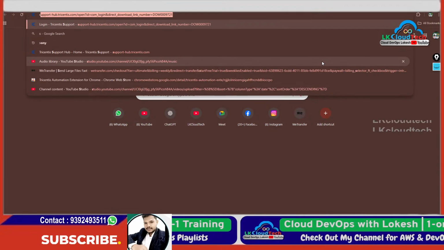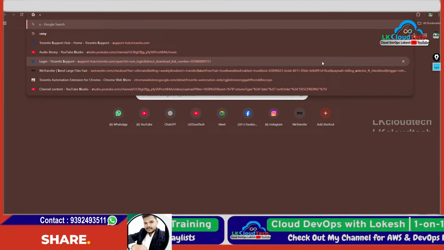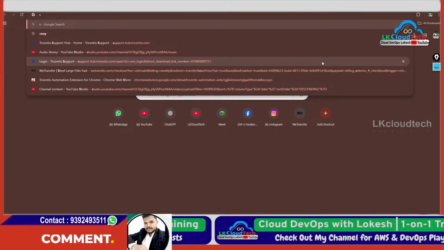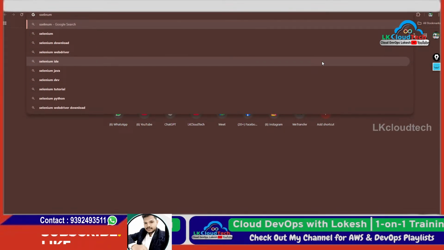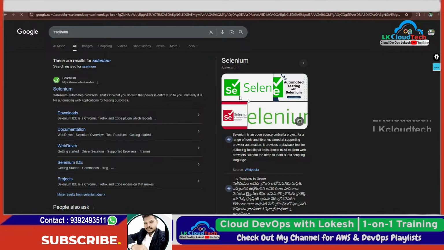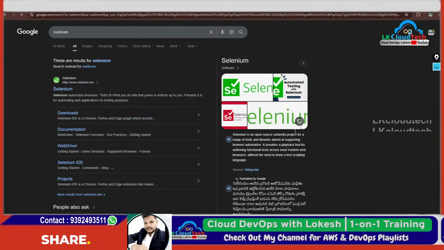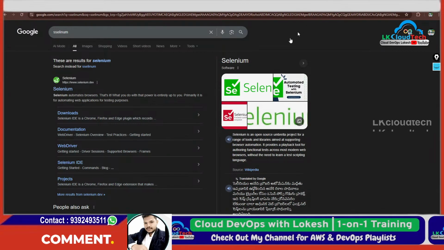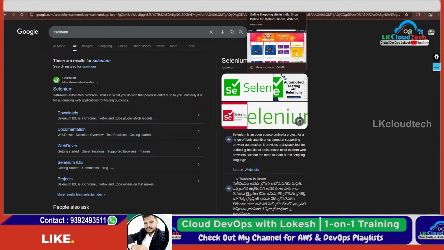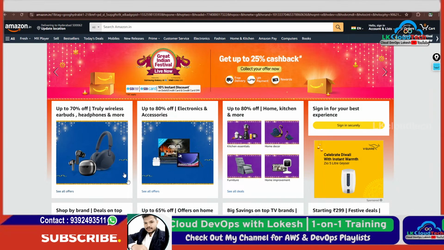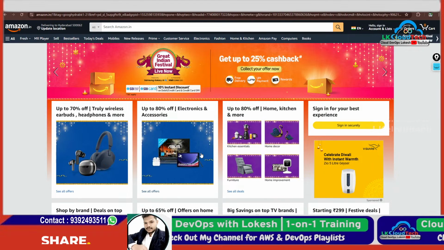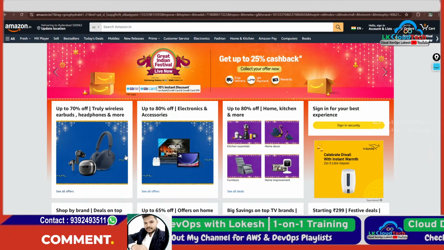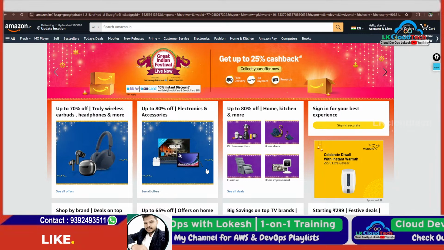For example, if the developers have written code in Java, by using Selenium, they will test it with this Selenium tool. We never know what code they have used in the background, but the theory is that there will be a code, and it will be tested by testers. Clear.